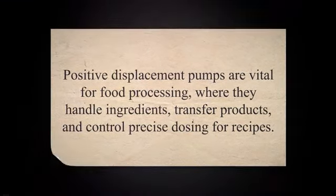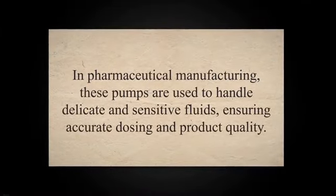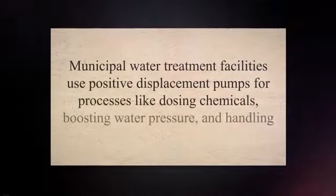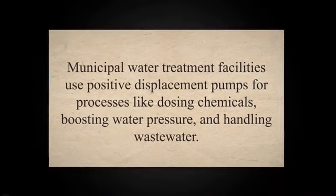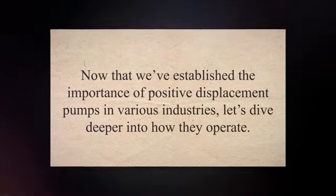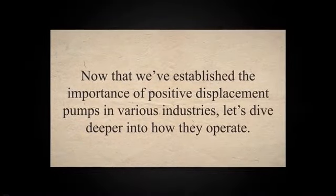precise dosing for recipes. In pharmaceutical manufacturing, these pumps are used to handle delicate and sensitive fluids, ensuring accurate dosing and product quality. Municipal water treatment facilities use positive displacement pumps for processes like dosing chemicals, boosting water pressure, and handling wastewater. Now that we've established the importance of positive displacement pumps in various industries, let's dive deeper into how